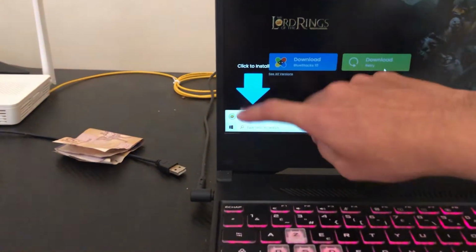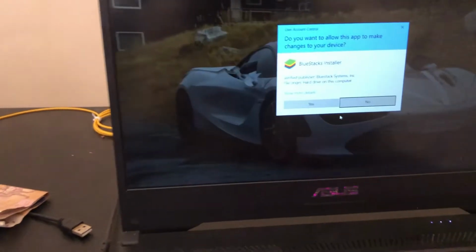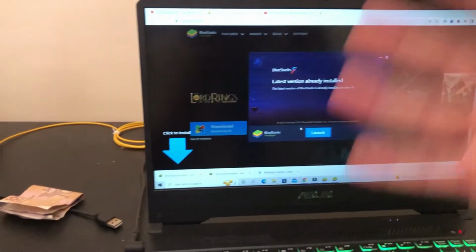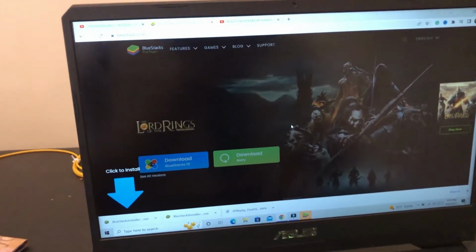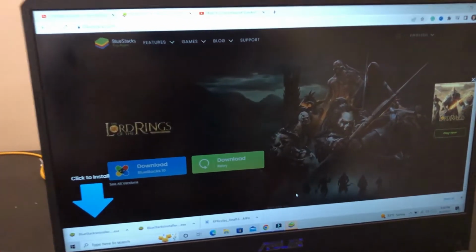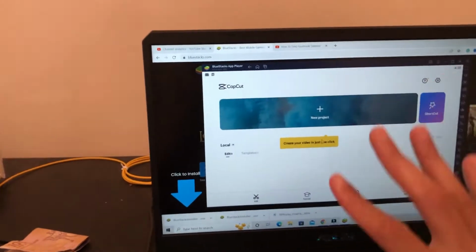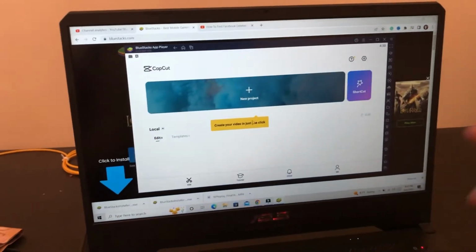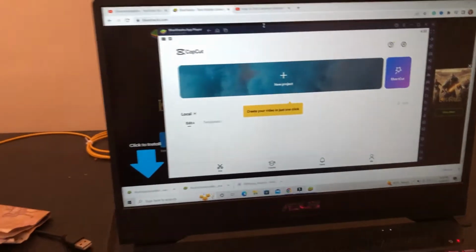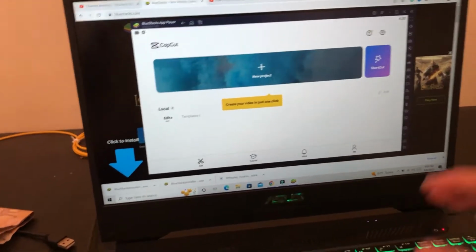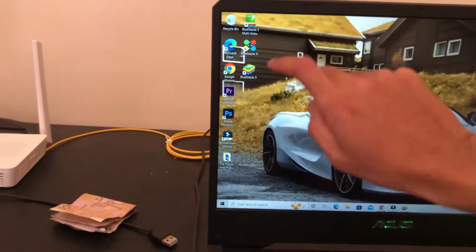As you can see here, it's going to take a few seconds, and what you want to click that file to install the BlueStacks. So the BlueStacks is like an Android phone on your PC. You can and then click launch. I already downloaded it, that's why it says launch, but for you it's going to say install. Okay, and you just want to click install and wait a few seconds. It's going to complete install. It's going to start installing on your PC, and after a few seconds you are going to see it here. So after a few seconds after you install the program, you are going to see it here,